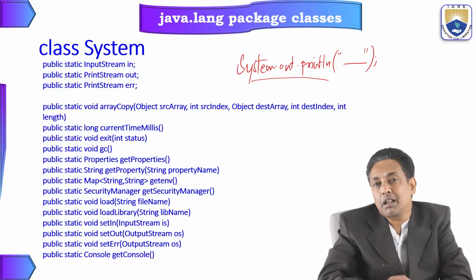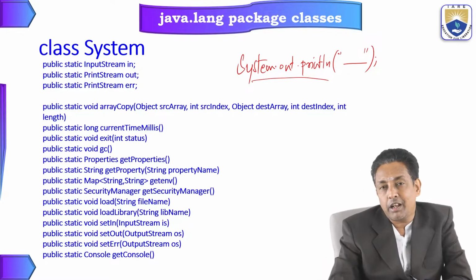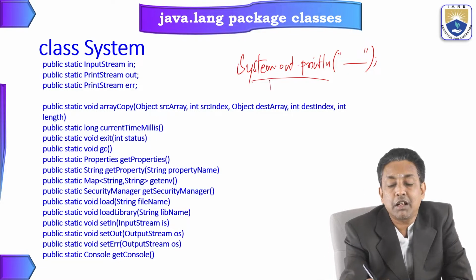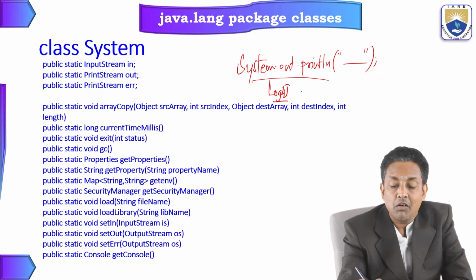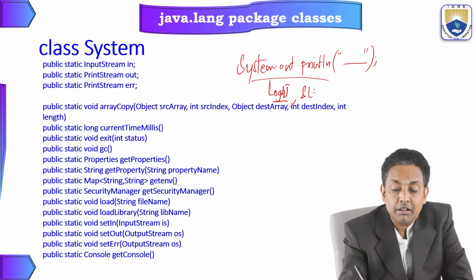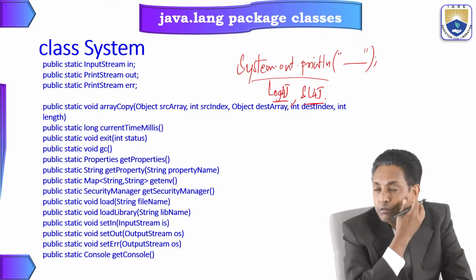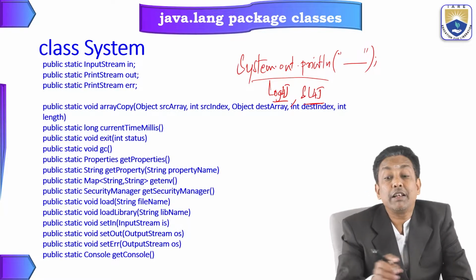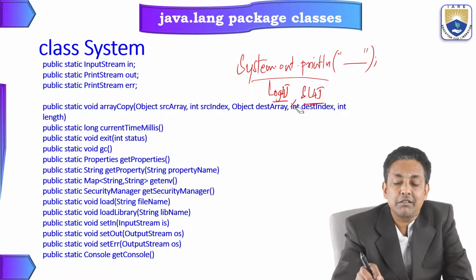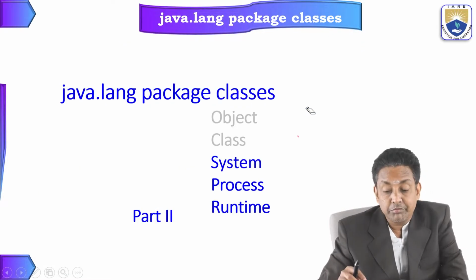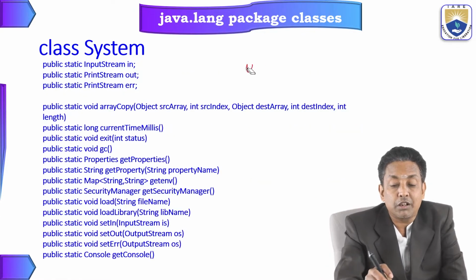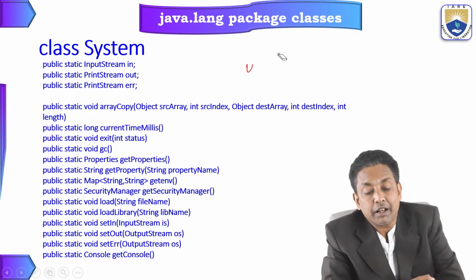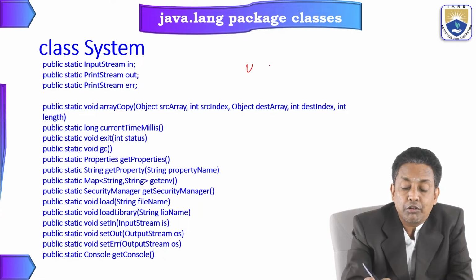Actually, System.out.println is not a recommended way to write debug statements. There is one API in Java called log4j or SLF4J. These APIs are used to write various types of messages in a Java application. But you need knowledge of that API to use log4j and SLF4J. But if you want to use System.out.println,